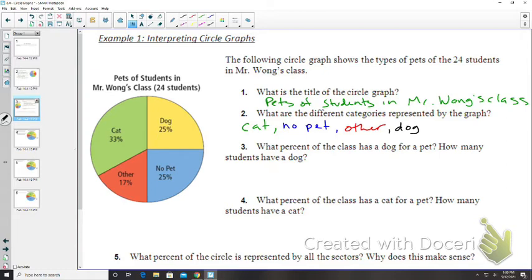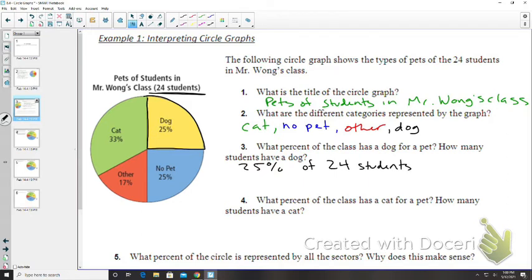Now the next question, we're going to get into a little bit of analyzing. So what percent of the class has a dog for a pet? Okay, so dog is this region right here. Okay, and from the graph we can tell that 25% of the class has a dog. Okay, now next part of this is how many students have a dog. Okay, so we know that there are 24 students in total. Okay, so 25% of 24 students